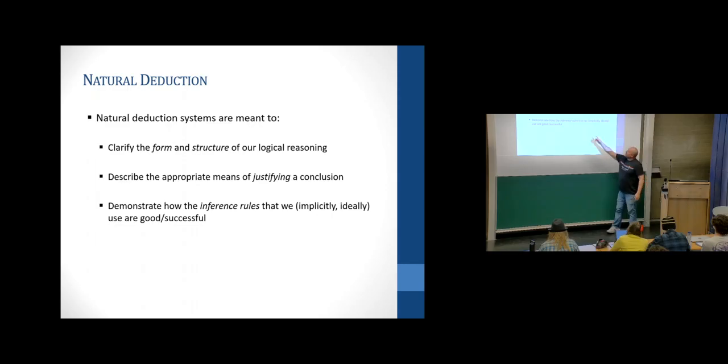And they demonstrate how the inference rules that we, idealized, the best versions of we, use, and why they're successful, and how they fit together. So again, that's the kind of core concept here. It's literally going to be, this is how a perfect reasoner who's using very safe, secure steps would go from premises to